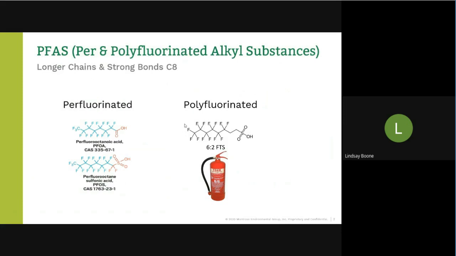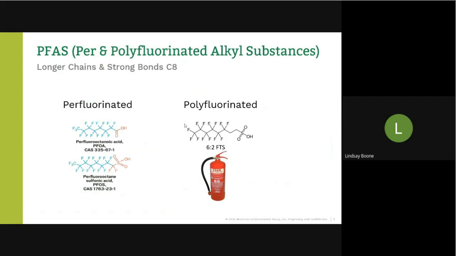Carbon is a positive atom on the periodic table, and fluorine is the most electronegative. So you've got a positive and a negative coming together. That's a super strong bond that can hold up to high heat, and that's why, again, these things can be referred to as forever chemicals. Once the bond is formed, it's really hard to break, and they can be hard to biodegrade, and they can